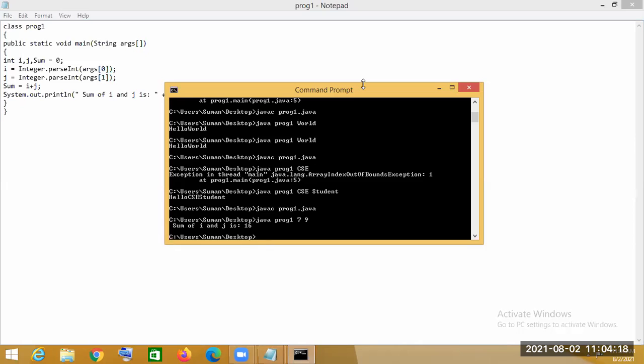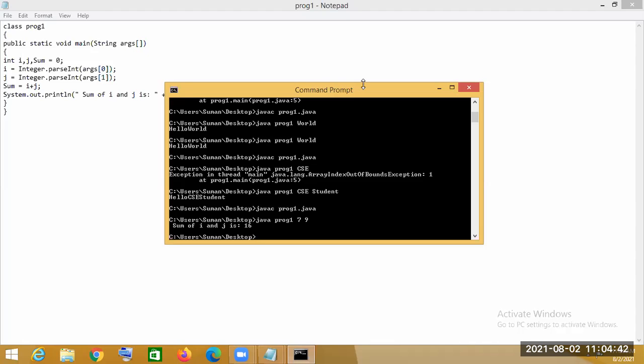Through the Scanner class, if we take input, it is the most conventional way. Passing command line arguments is okay. But that means if you have to add 8 numbers, then you have to use args[0], args[1], args[2], args[3], args[4], args[5], args[6], args[7]. So that's how 8 numbers should be taken.